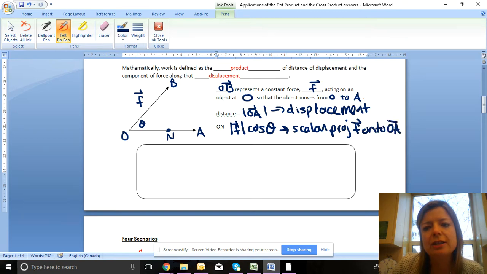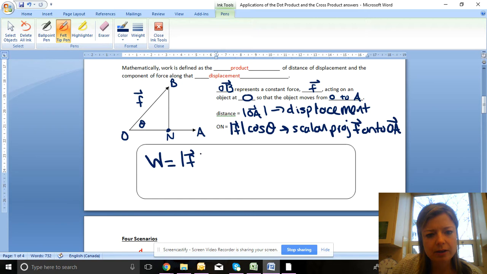So again, it's just how long is this object moving? What's the distance in meters? Okay, and then what is the component of the force? So the product of that is work, and work is measured in joules. So work is equal to